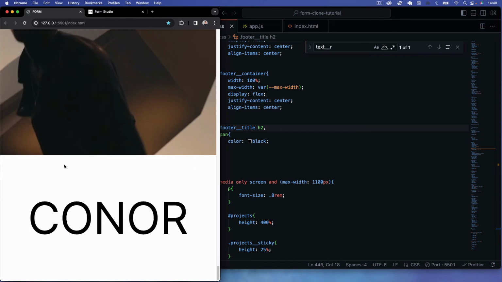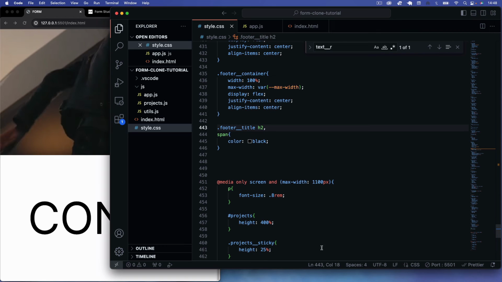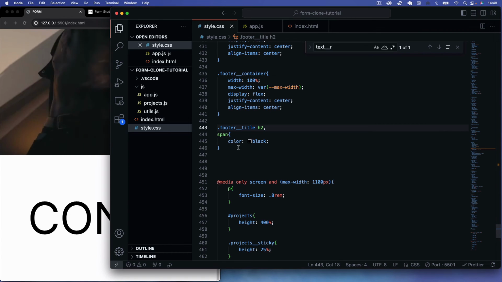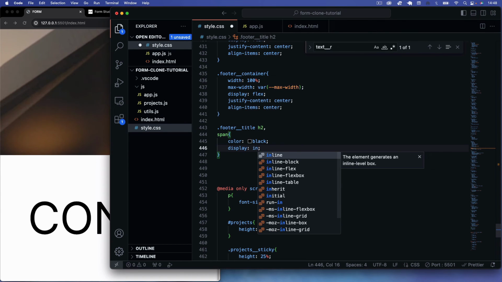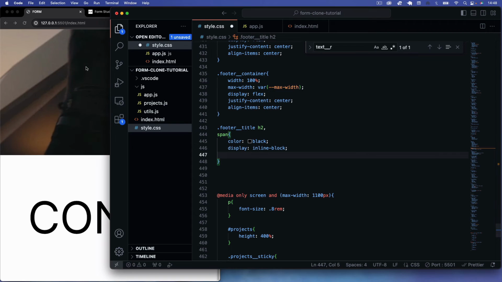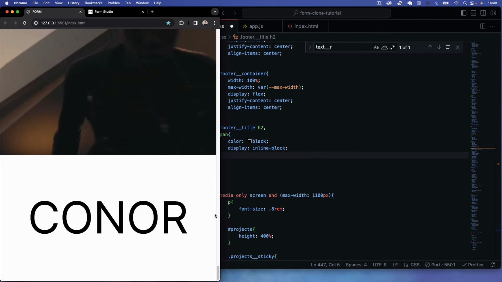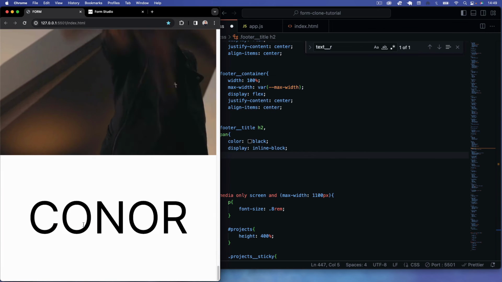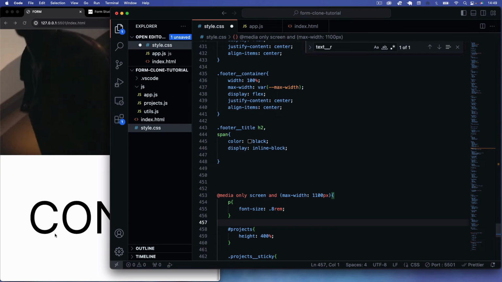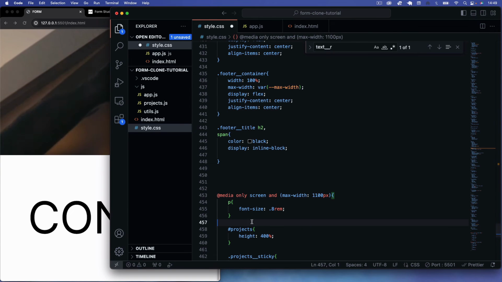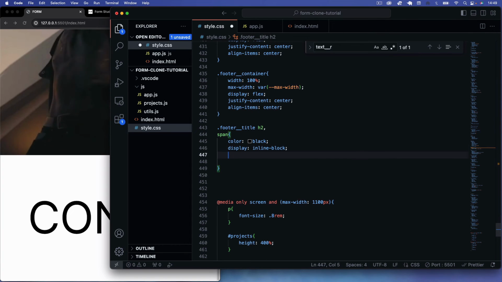Okay, so there's our text, and what I also want to do here is get all of our spans and say display inline block. This will allow us to do that kind of reveal animation on each individual letter. Because with this text reveal animation, when this comes to the viewport, we're going to change it so each individual letter has its own span, so we can then perform individual translations on the letters. And to do that we need to display with inline block,